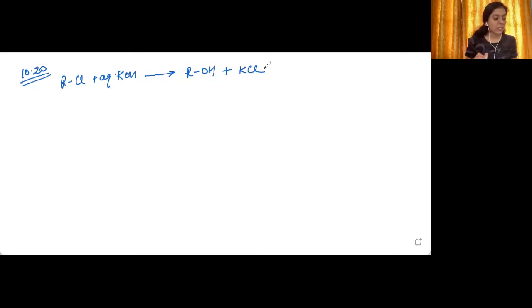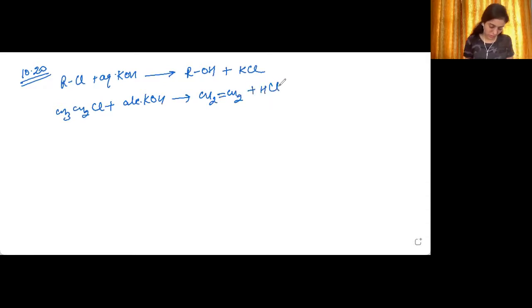But in the presence of alcoholic KOH, alkenes are major products. In the presence of alcoholic KOH, suppose we are taking this example, we take ethyl chloride and we treat it with alcoholic KOH. It will lead to the formation of ethene as the product, that is alkene. Okay, so HCl will be lost, KCl will be lost, and water will be lost, like this. Okay, now this is alkene. Now why is it so? Why is it happening that when we use the aqueous KOH, alcohol is being formed, and when we are using alcoholic KOH, alkene is being formed?